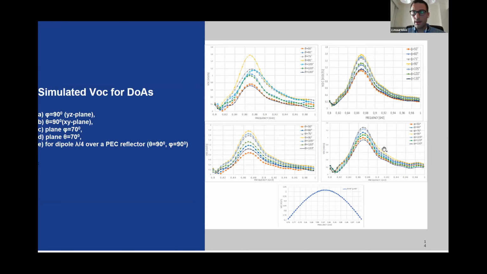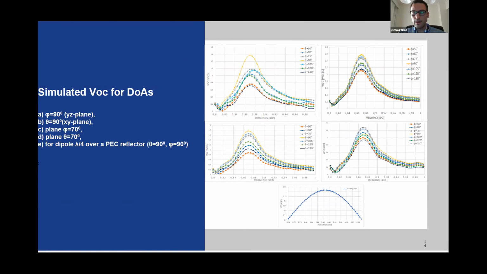As you can see, in all cases, maximum VOC occurs at 868 megahertz, since this is what we wanted, and the whole structure is designed to resonate at this frequency. And in most cases, VOC exceeds